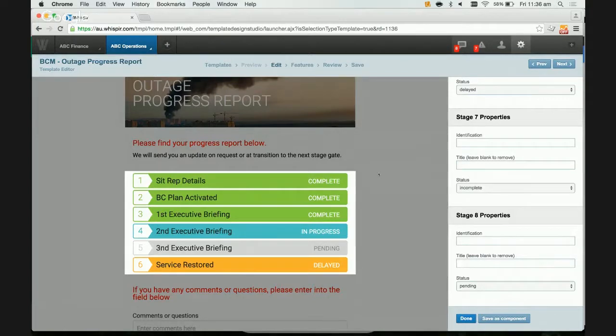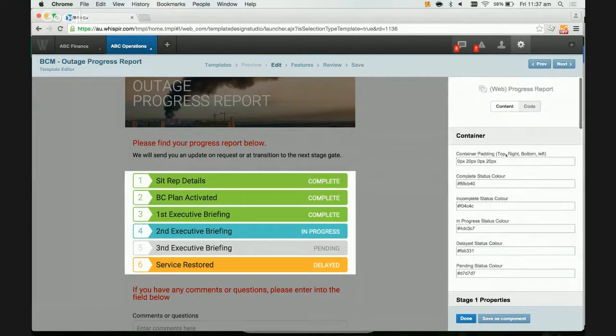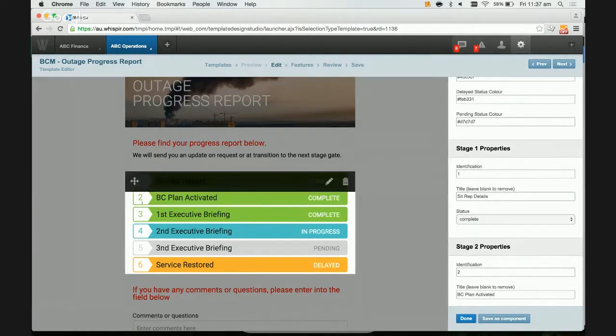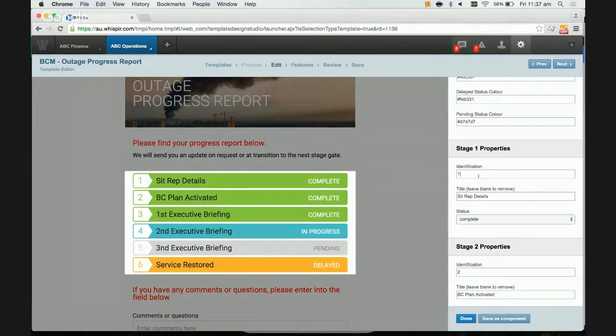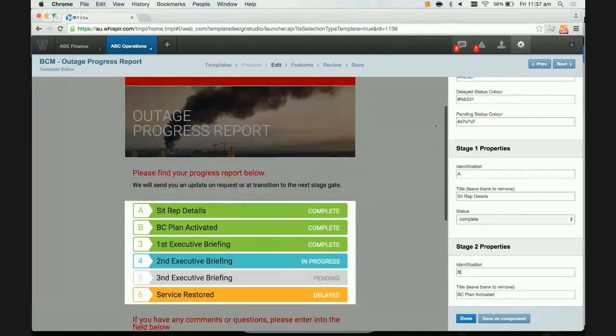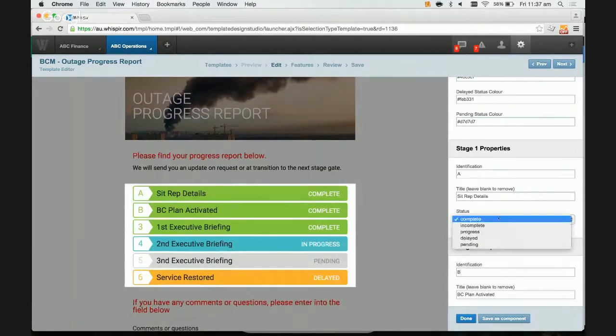And you'll see that these smart components that we've built automatically update. So if there's too many sections, I can remove them. If I want to change the headings, I can change them. If I want to change the way that they're identified, instead of using ones, I can use A's and B's, and you'll see that the A's and B's and so on update. And the great thing about this as well is you've also got the ability to use simple things like drop downs to change the content and the color of these particular